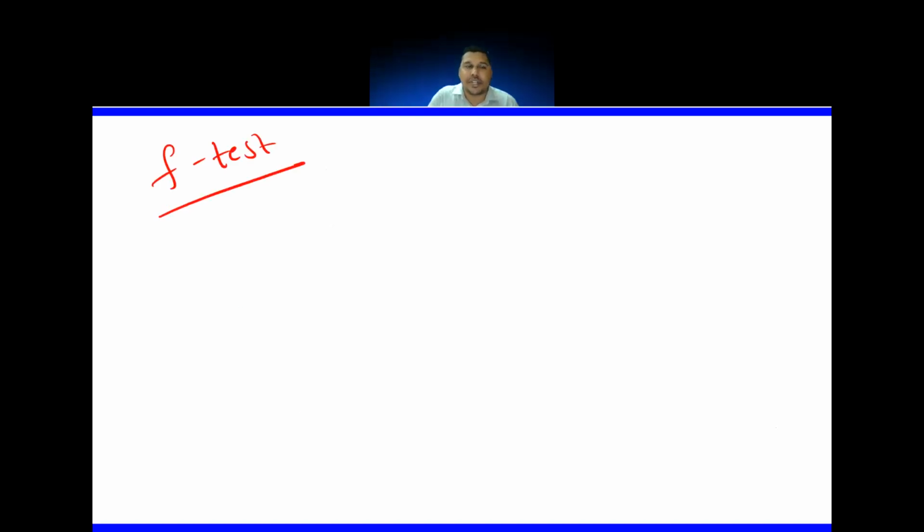Okay, what is this F test? I said T and Z are used between one sample and a population. Somebody is making a claim about a population, using a sample's data, and we are trying to prove or disprove it, whether it is true or false. Whereas in F test, we use this between two different samples,